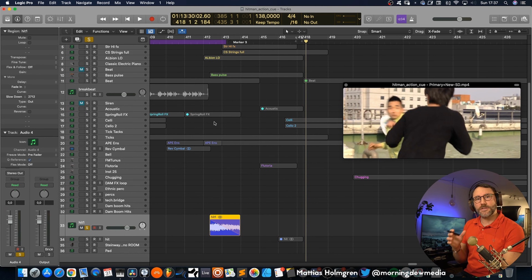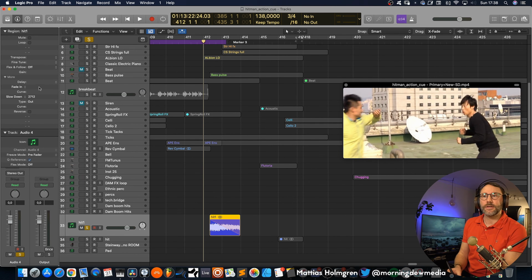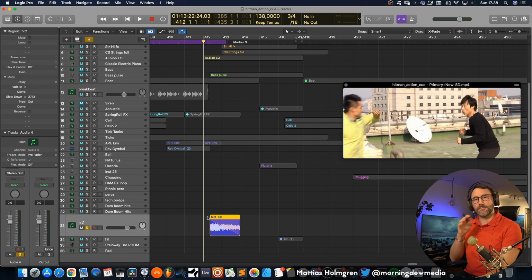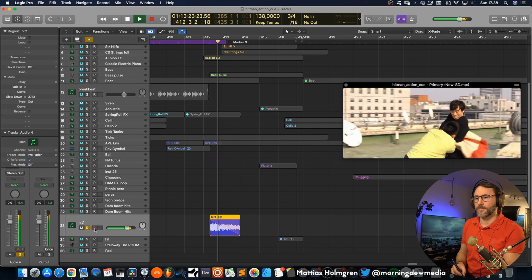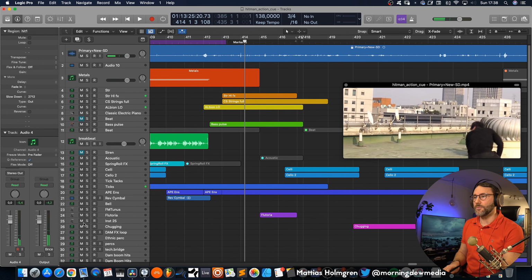And I'm using this kind of tape stop effect which you have in Logic. If you just select an audio track, an audio clip, you can go up here and open the region here and select, instead of the fade out, you can select the slowdown. So instead of a fade out, it will become a kind of tape stop effect. So that's our boomer, our boom hit there.